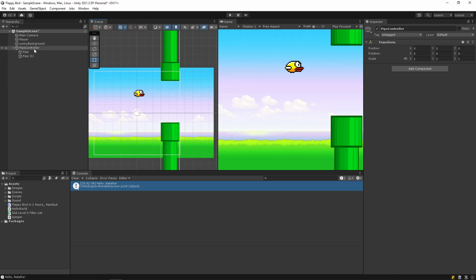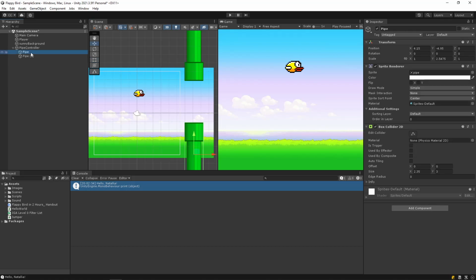Okay. Just to clarify, these pipes are offset from the pipe controller position. So we have kind of a weird thing. In my case, this pipe controller is a little bit to the left of the pipes. I can change that by clicking on one of the pipes, and there's this position value inside the transform component.